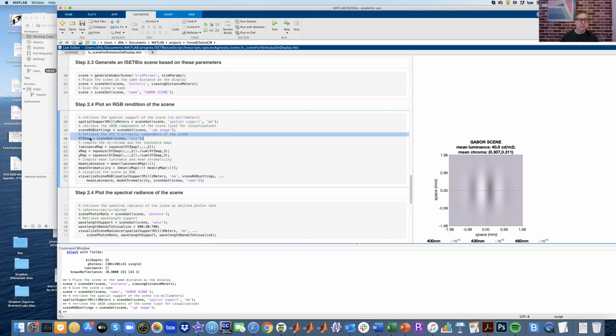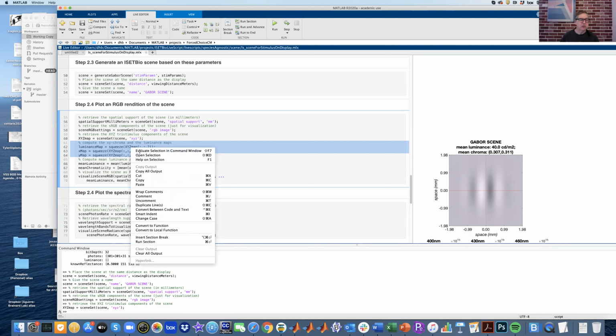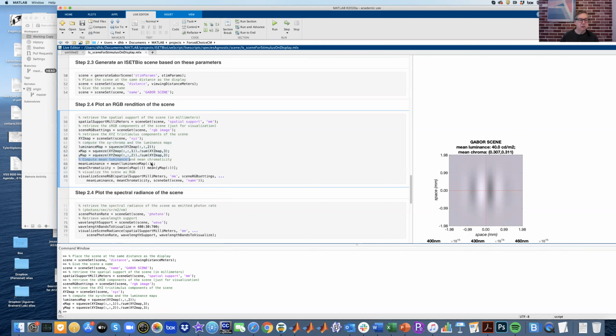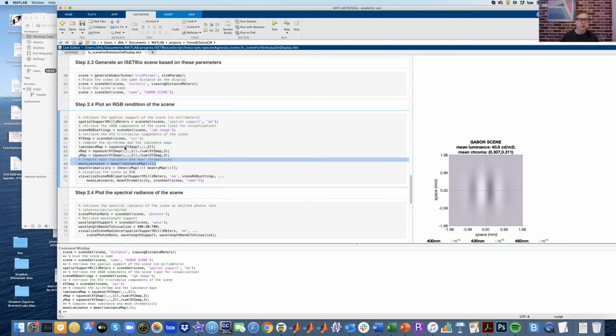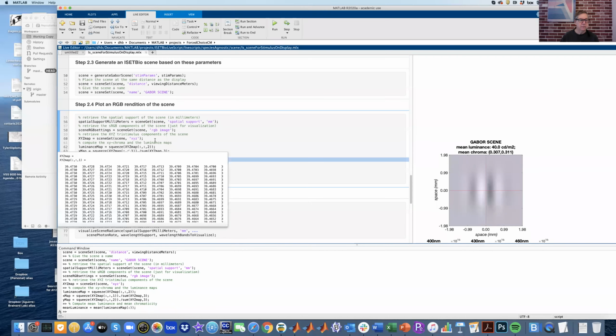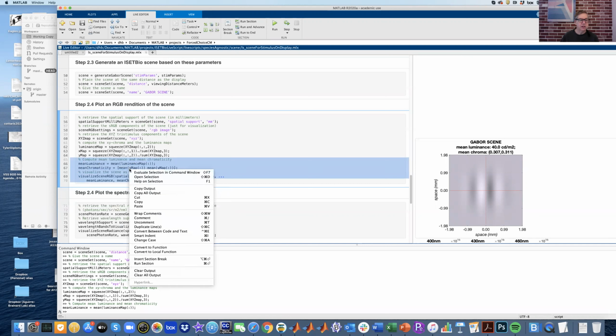We could get a map of the CIE tri-stimulus coordinates of the scene, and we can convert to x and y chromaticity just by doing that little calculation here. Compute the mean luminance, which is just the Y value of the XYZ map, where the default units are candelas per meter squared. And go on to get the mean luminance and the mean chromaticity, and then we could visualize this scene in terms